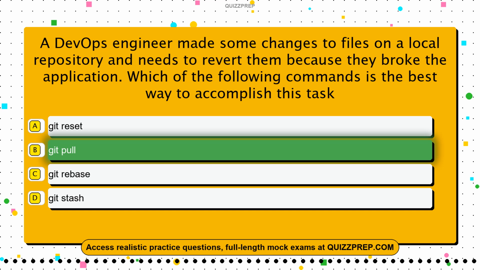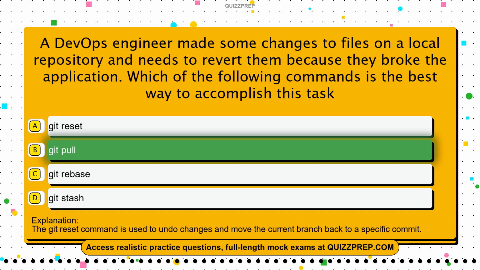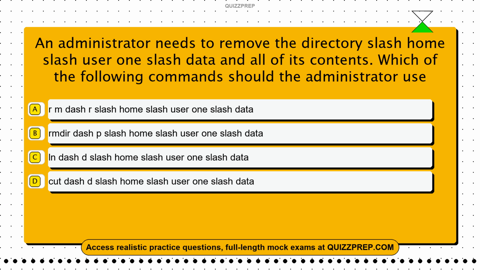The correct answer is option B, git pull. The git reset command is used to undo changes and move the current branch back to a specific commit. Question 38. An administrator needs to remove the directory